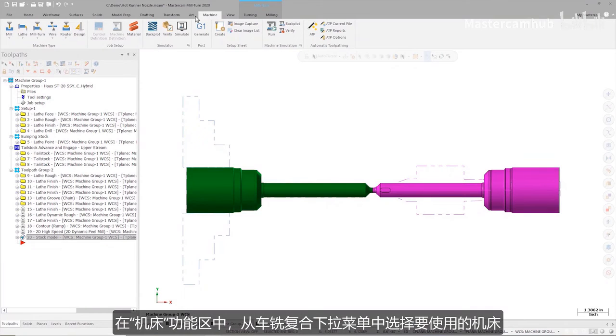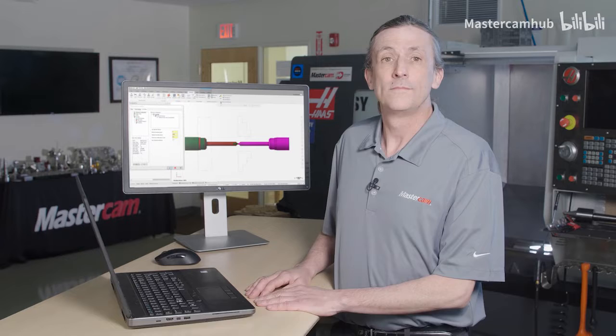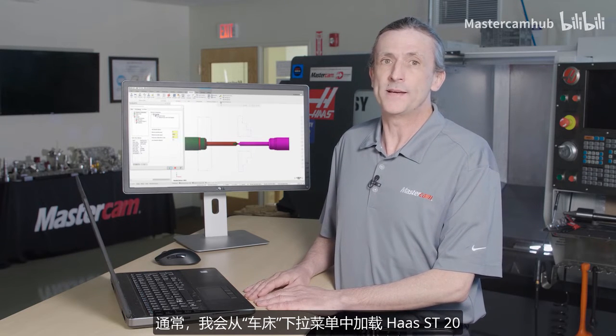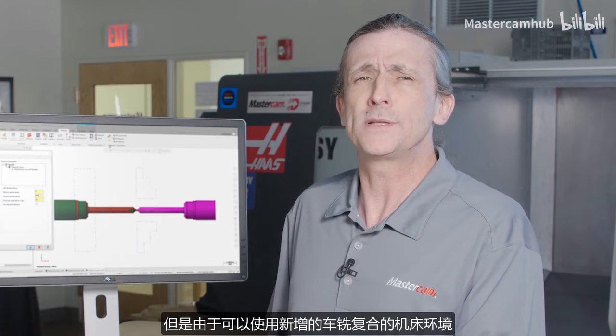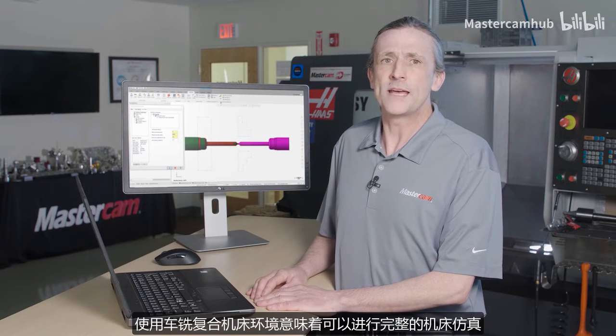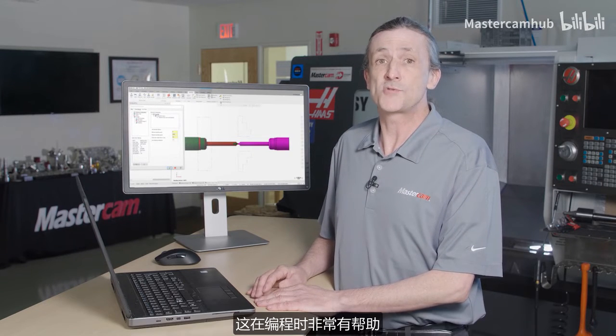On the Machine tab, I'm going to select the machine I'm using from the mill turn dropdown. Normally, I would load a Haas ST20 from the lathe dropdown, but since I have the additional mill turn machine environment for it, I need to go to the mill turn dropdown. Having the mill turn machine environment means I have full machine simulation, which is extremely helpful when